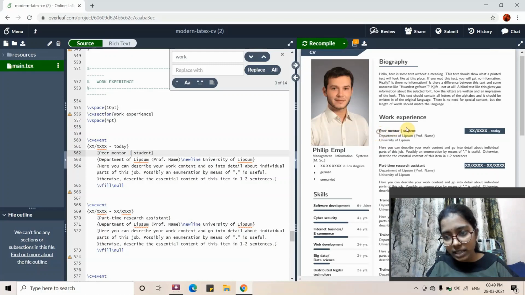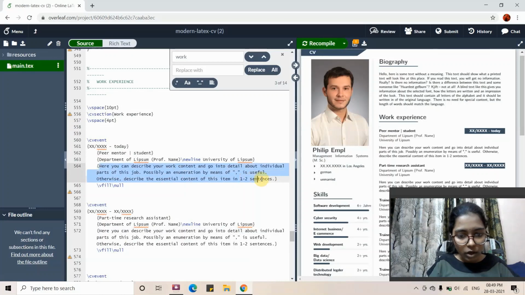So you can see here my details got updated. This is how you have to update the details. As I said earlier, it's better to just keep track of all the skills you have, all the work experience you have, so that you can just copy paste all the things over here. It would be easy other than typing the whole thing here.